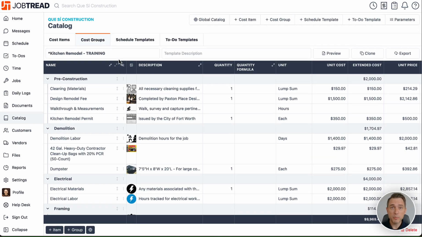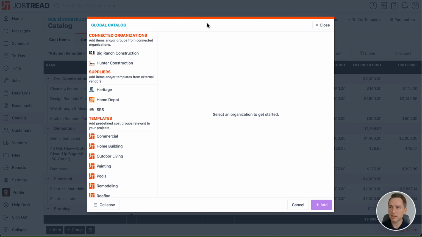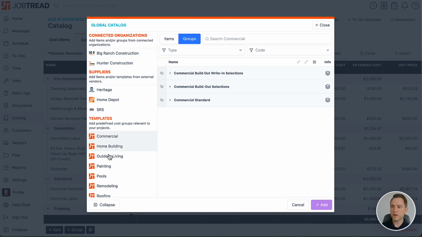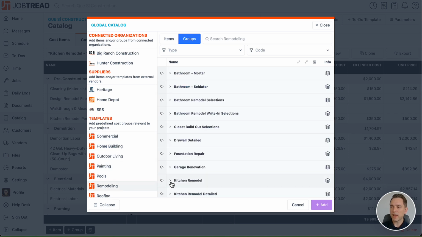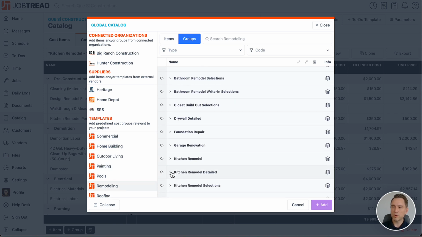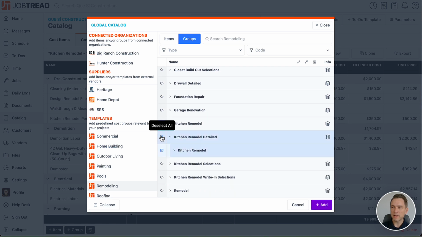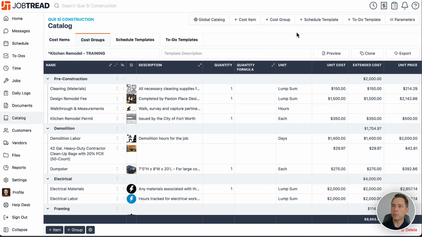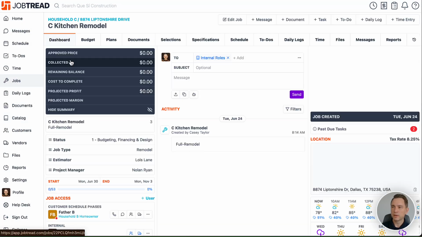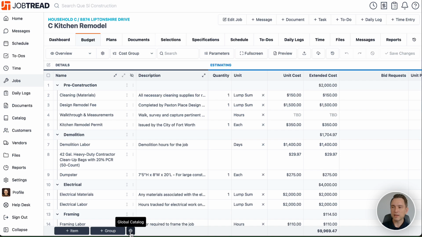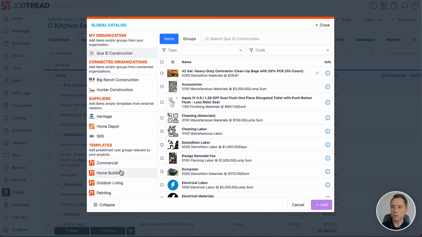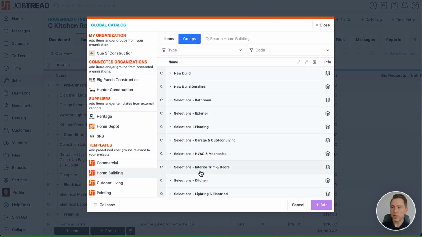Now you also have the ability to add full-on templates that we've preloaded for you into JobTread by going up to your global catalog within your cost catalog and accessing any of the templates that we've given you. Again, you can see all of these different categories all the way down to remodeling. So they have their own kitchen remodel. So if we wanted to get a kitchen remodel detailed template, we could select that entire template and we could add it to our cost catalog. We can also pull one of those in directly to a job by going back into that budget and clicking into the global catalog and selecting which template we'd like to pull in, and we can add those directly to